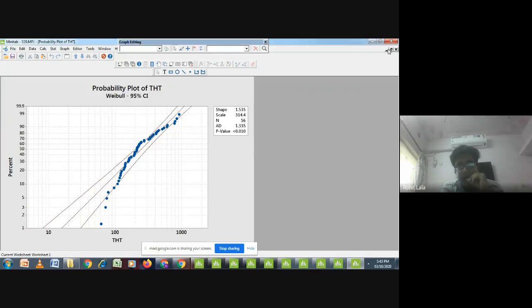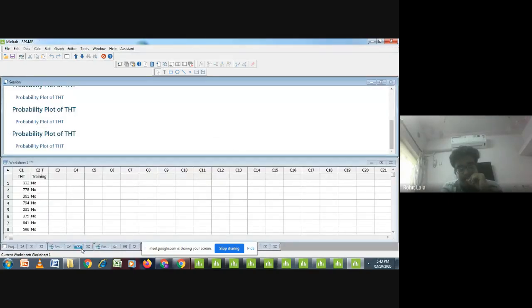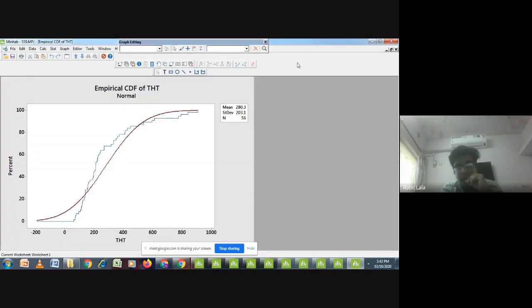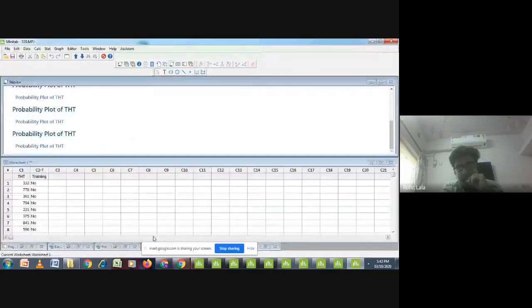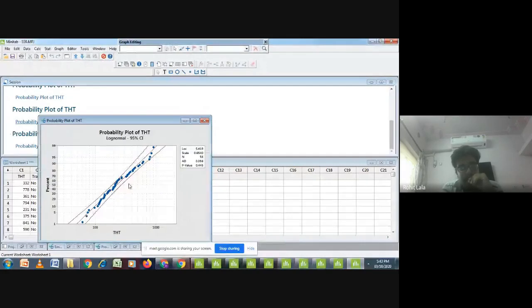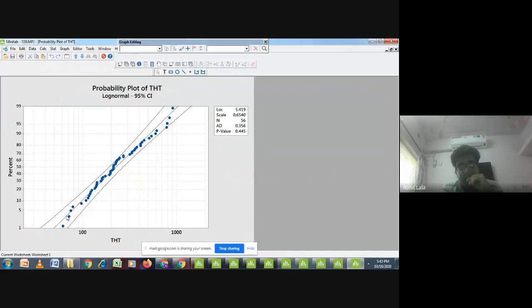The second distribution was our log normal. It shows more normality. Just check it. See, all the data points are within this line, and even the p-value shows strength. That is more than 0.05, and it shows me accuracy. Even your Anderson-Darling test is also showing that the data shows normality.